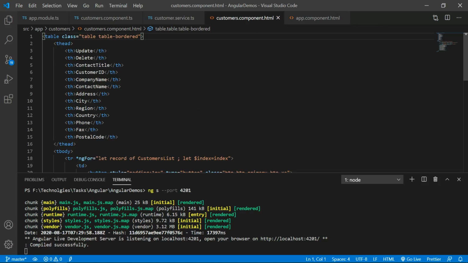I want to configure this table into the new component. So how do I have to do that? Because I want to implement the four operations in the customer component, and if I do the four operations into the customer component HTML, my code will increase, so I will get confused.